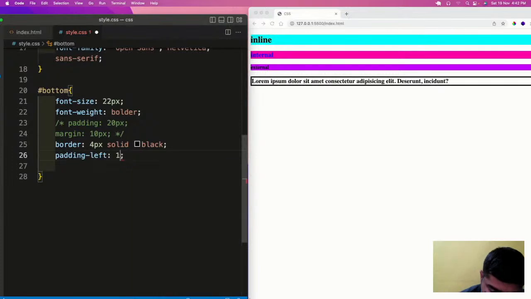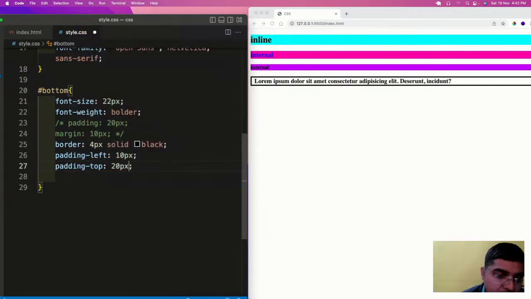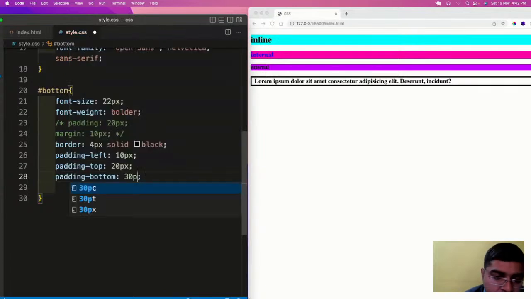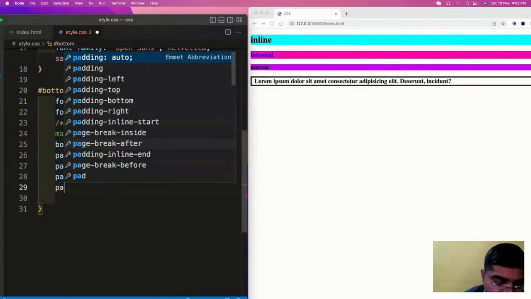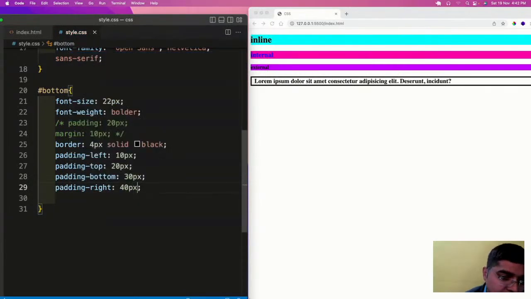So let us see a padding of 10px on the left, a padding of 20px on the top, a padding of 30px on the bottom, and a padding of 40px on the right.